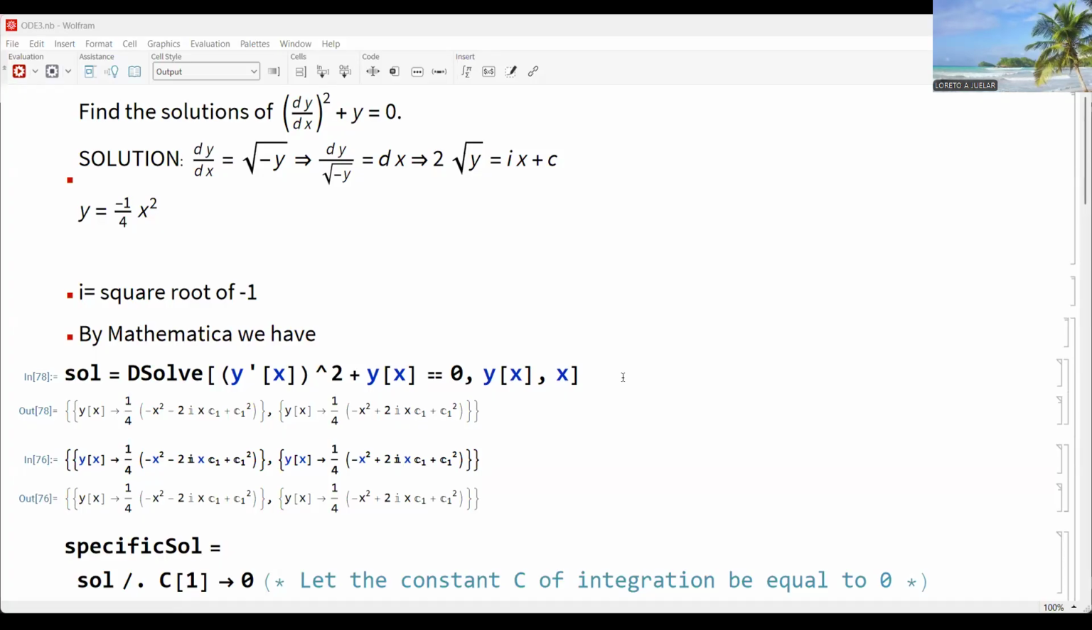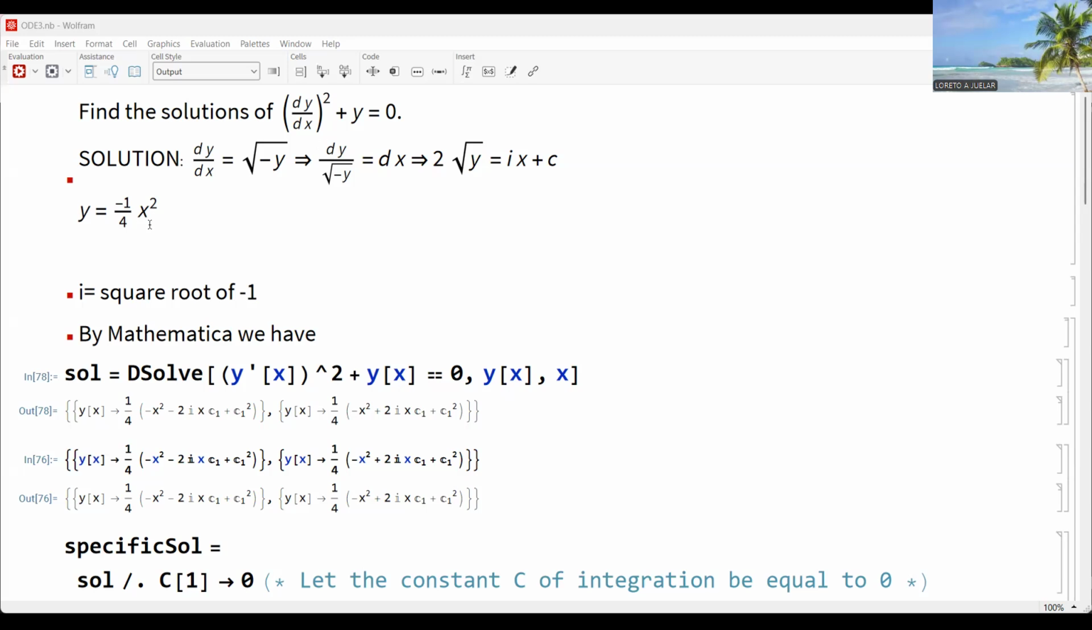Okay, so our problem here is to find the solution of the square root of dy over dx plus y equal to 0. Our equation can also be expressed as dy over dx equal to the square root of negative y, or dy over the square root of negative y equal to dx, or 2 times the square root of y equal to ix plus c, where i here is equal to the square root of negative 1. So by solving this